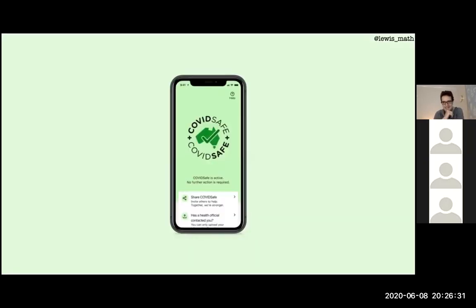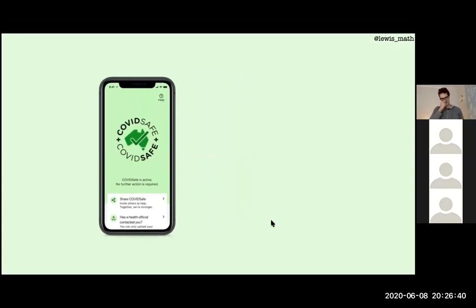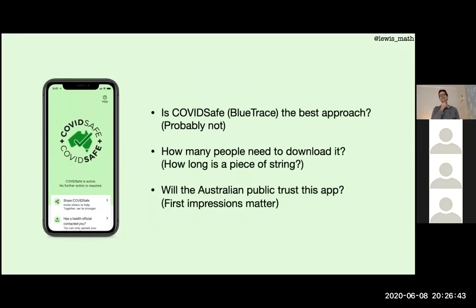Okay, so anyway, then this came along in the middle of making these plots, and we were sort of like, where the hell did the 40% come from? And so now we had a bunch of other questions about COVID safe. Firstly,